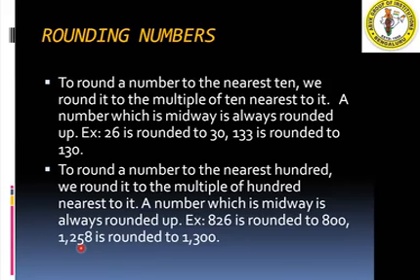So in such cases, what do you have to do? If it is 5, that number will change. What is in the hundreds place will change to the next number. In the case of 5, you have to keep in mind that the number will change to the next number. Now here 1258 is there, and in the tens place we have 5. So 2 after what number will you get? 3. So this number will round off to 1300.